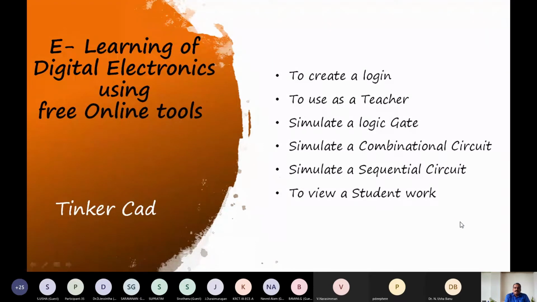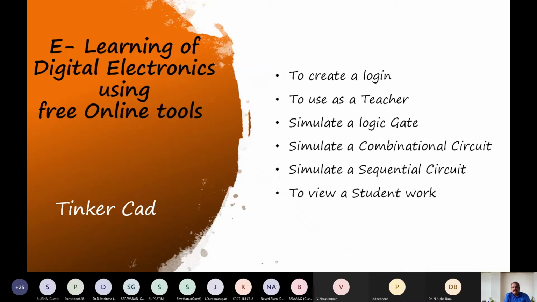We will see what are the things that could be explored in this lecture, right? I will tell you how to create a login in Tinkercad and how we can use it as a teacher login and how the student login will be. I will use one teacher login as well as one student login.